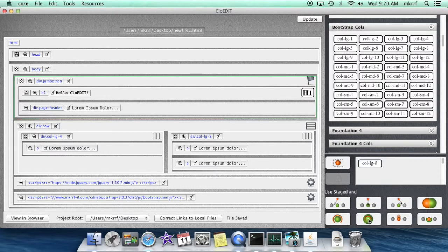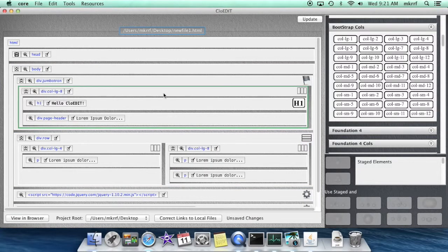So we select this wrap inside button. This means we add a new element in between this selected element and its children elements. So this means this column LG8 element is inserted after jumbotron but contains h1 and page header. Okay, so here we have a column 8 and now we want to add a column 4 to contain the